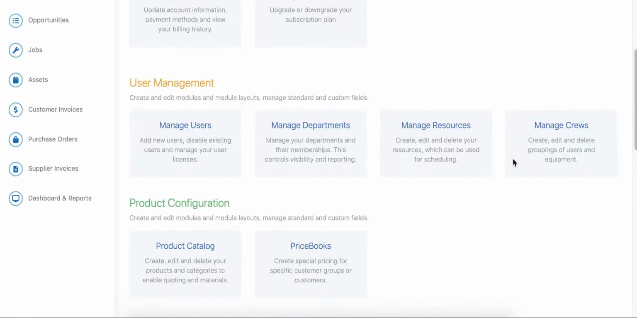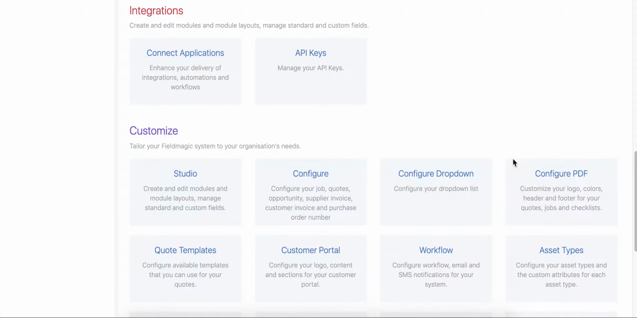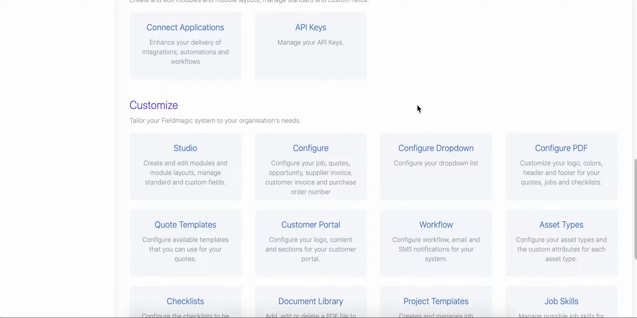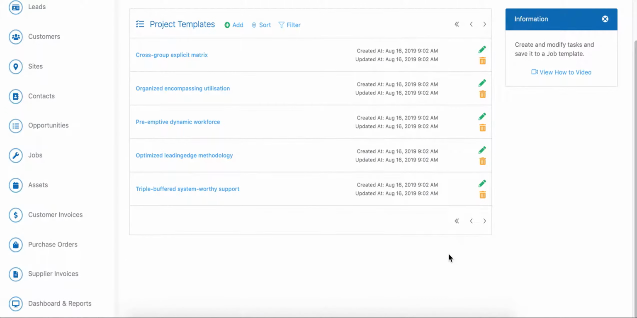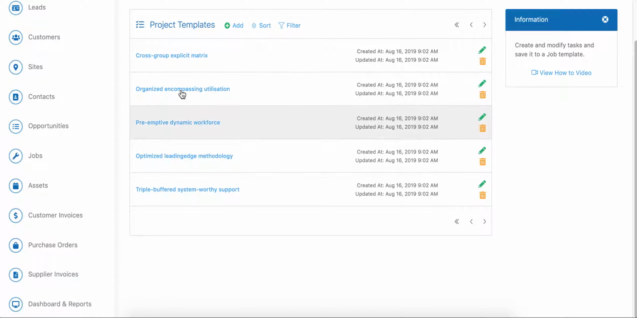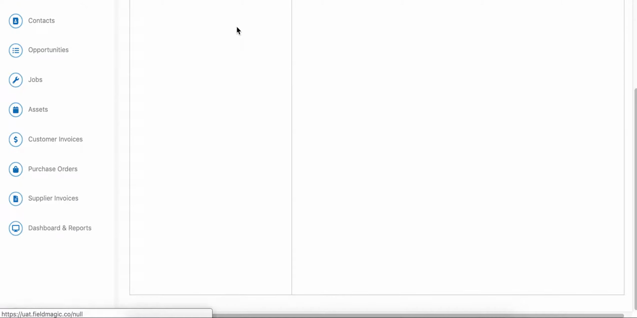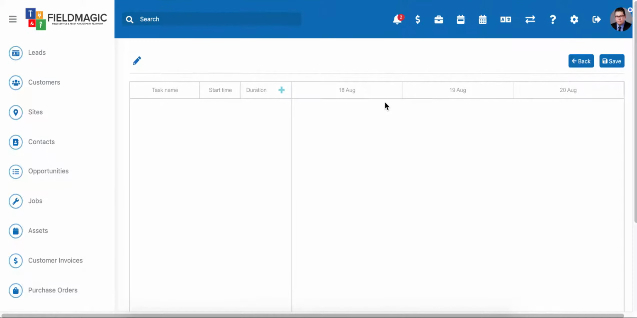Now, if you scroll down until you get to the option where it says customize, you'll notice a section that says project templates. Click into that. Now, once you're in here, you should see some of your project templates. Here we've got a few examples. And to create a new project template, simply click on the Add button,